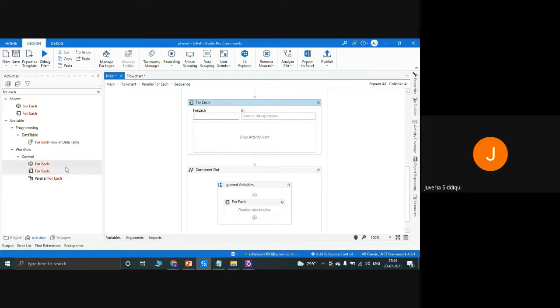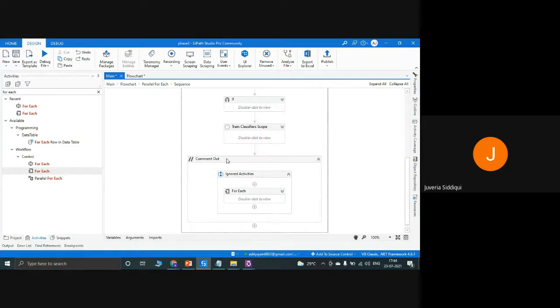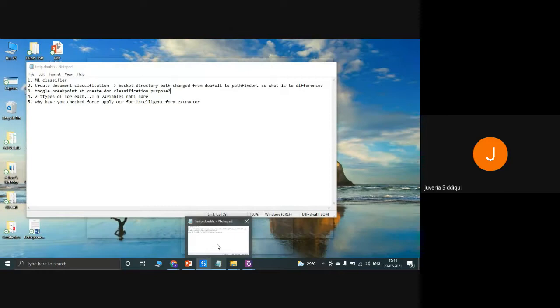But what is the difference between auto classification result and one for each? There is no difference. Both of them are the same. The properties are predefined. It's a new activity added in the 21.4 release. Earlier we only had the simpler one that I've been using.